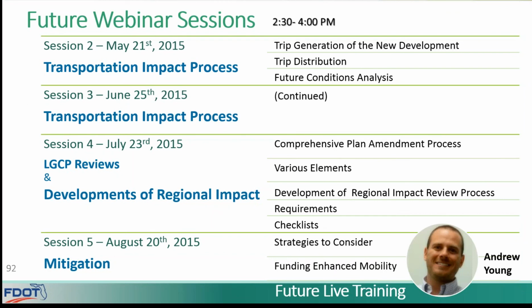At this point, fair share mitigation doesn't exist, but it used the same process as proportionate share mitigation. And that's what it's called now, except it's for more than DRIs. I don't know if that answers the question or not. So it really is calculated the same, but the changes in the growth management legislation have really...